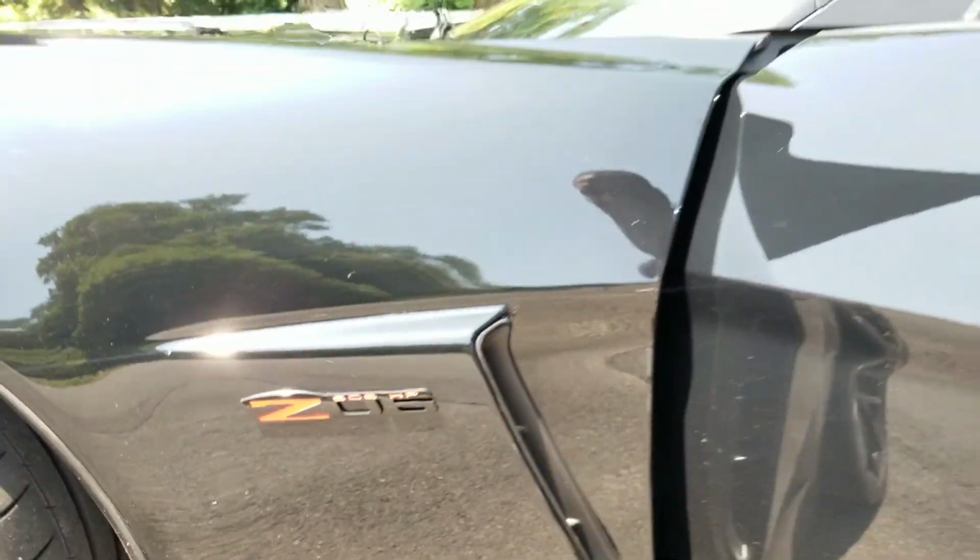So the C6 Z06, baby. Man, when this car was introduced, I believe it actually started hitting reviews back in late 06 as a 07 model. In late 06, the car hit the streets with 505 horsepower. And with 505 horsepower, with a car that only weighs between 3150 and 3200 pounds, you have a very